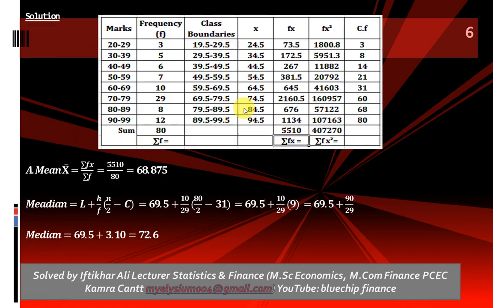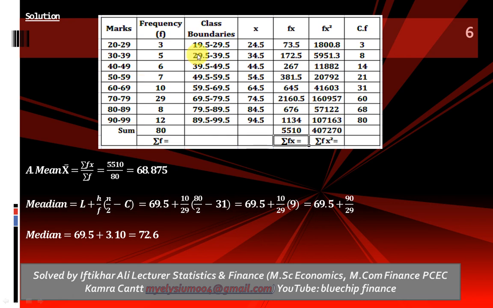So first of all, there is a need to calculate the class boundaries, because the upper limit of the first class and the lower limit of the second class are not equal. So simply subtract these 2 items, 30 minus 29, and divide the result by 2, and that will be equal to 0.5. So 0.5 should be subtracted from the left side and added to the right side,